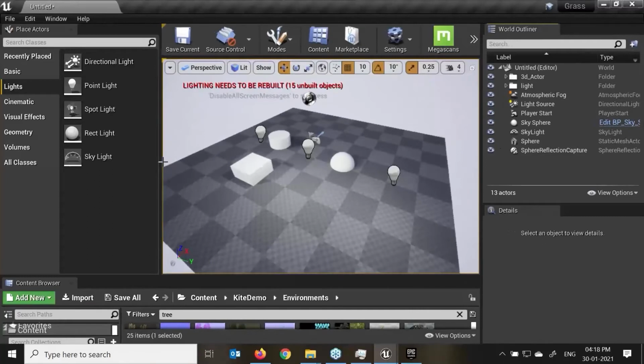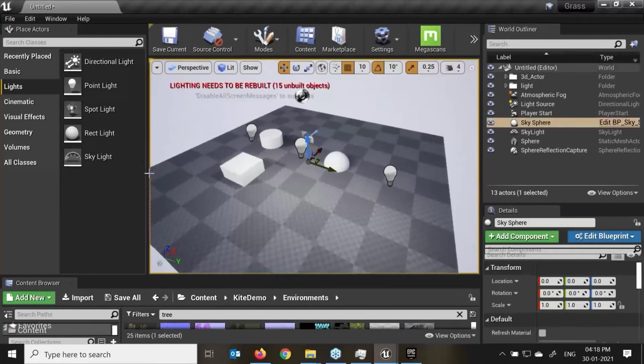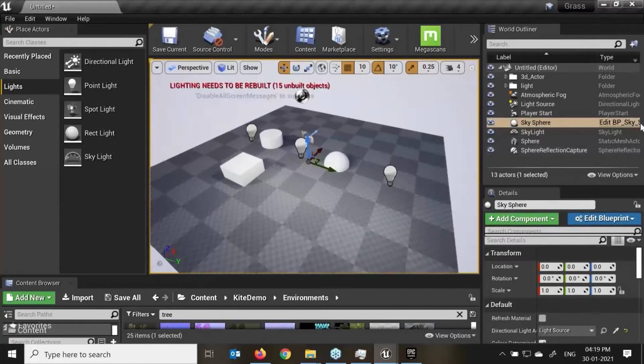Here we try to understand the different options. Over here we'll say it's the level editors. This is the play sector level. This is the viewport level. Below that we have the content browsers. Here we have the world outliners. Just below that we have the view options.